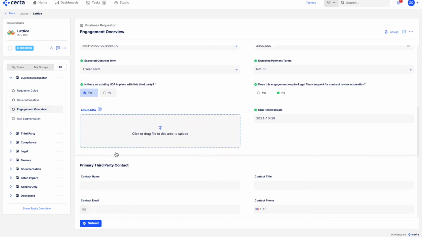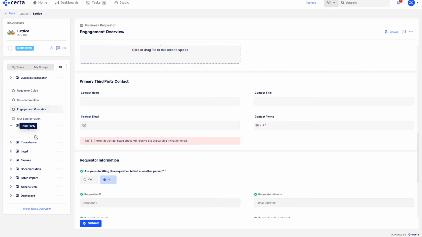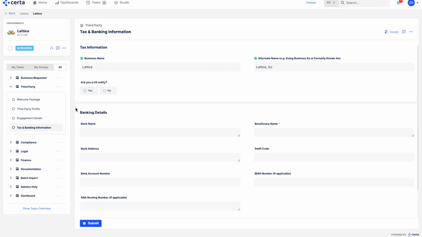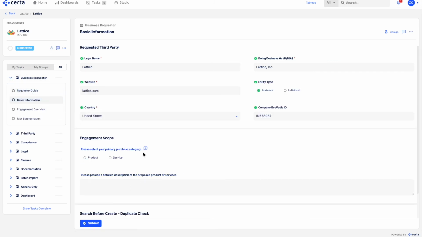Other information, such as the point of contact details or the tax and banking information, can be left blank to be entered by the relevant parties. If the new engagement was with the same supplier but for a lower risk service, we could automate approvals according to your business rules. On the other hand, if the new request was for a higher risk category, we could automatically add the relevant risk assessments and questionnaires for the third party to complete. This ensures that no user has to input information or approvals that have already been provided in the initial onboarding